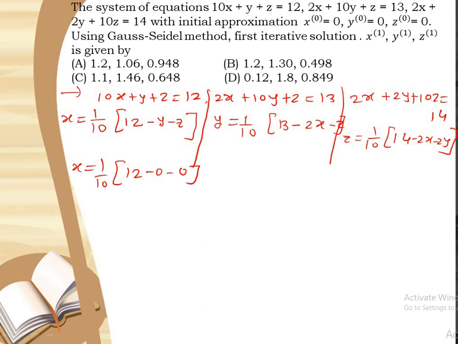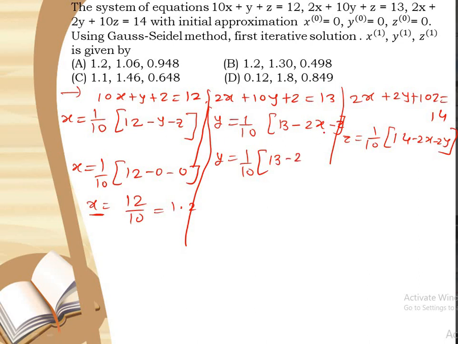We have to put the value of y and z as 0. So we get x is equal to 12 by 10, and that is nothing but 1.2. So this is the value of x. Now we have to calculate the value of y here. So y is equal to 1 by 10 times (13 minus 2...